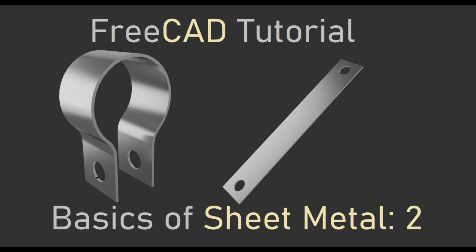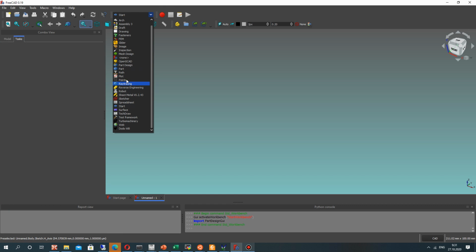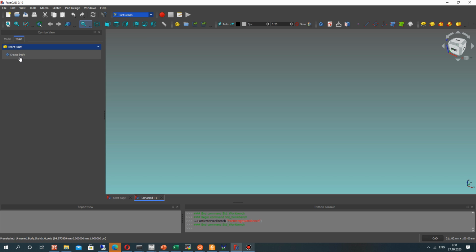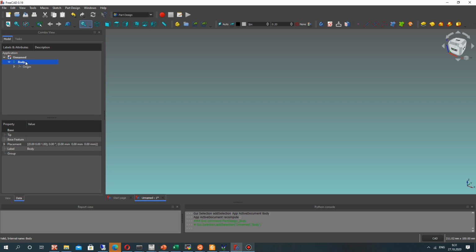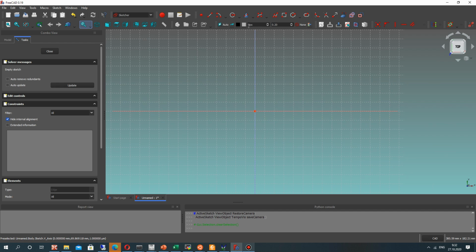Hello guys, it is the second video tutorial where I will show you how to create the steel bracket in sheet metal workbench. So for this purpose, let's open FreeCAD and activate the part design workbench and create the model here, and you will get the body. And in the body, let's choose XY plane and create the 2D sketch